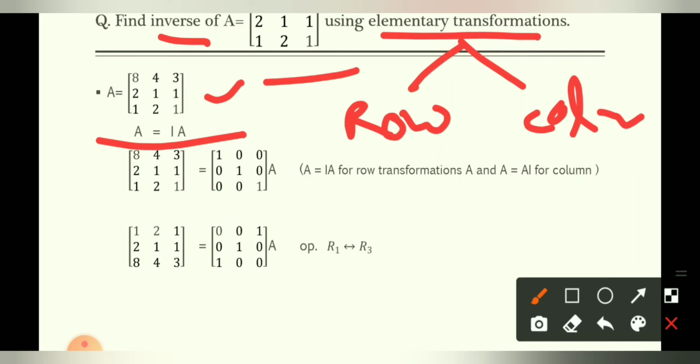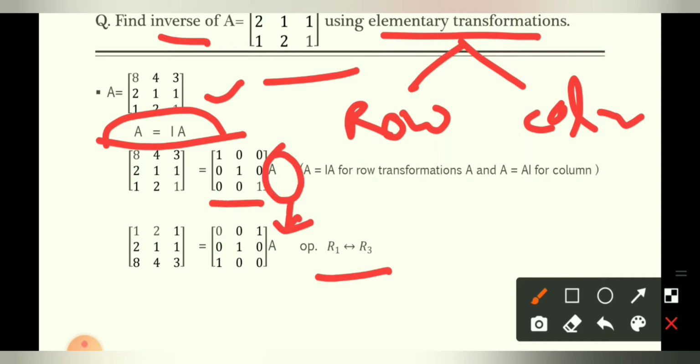Like here in this question I have done all the row operations. So here also you have to write A as I into A, and this A will be kept same throughout the question. This is I matrix, identity matrix of order 3 as that of order A. Now you have to do the same thing again. You have to make the elements below the diagonal and above the diagonal 0, and the diagonal elements you should make 1.